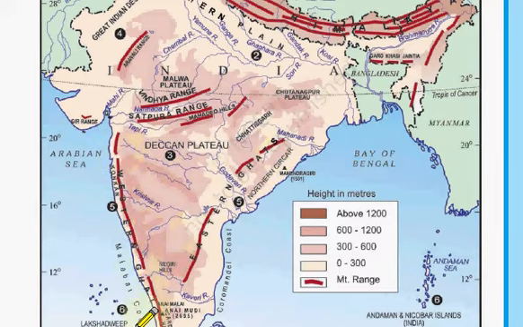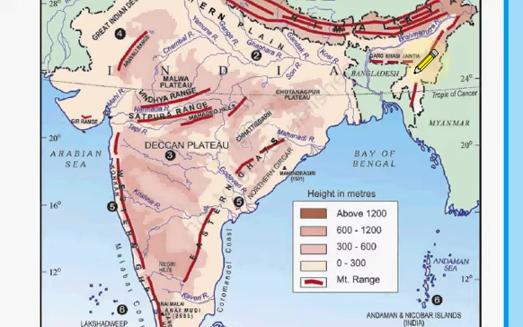Western Ghats are more continuous than Eastern Ghats. They are altitudinally higher than Eastern Ghats, hence rivers flow from here to the east. You can see here that there are various deltas of rivers like Krishna, Godavari, Kaveri, etc. Western Ghats has peaks like Anaimudi, Doda Betta, and Eastern Ghats have peaks like Mahendragiri. The extension of Deccan plateau is seen in the northeastern part, and here this is also an extension of Deccan plateau.